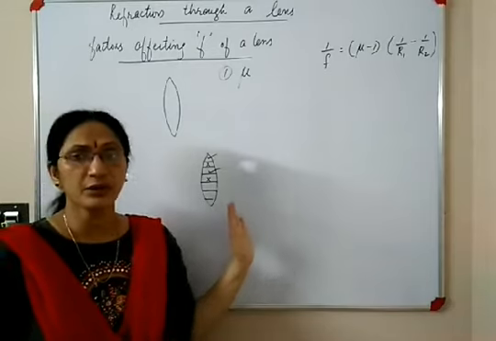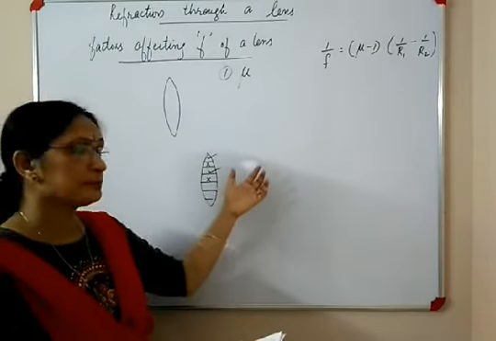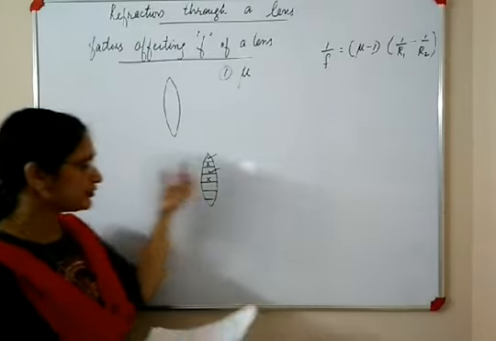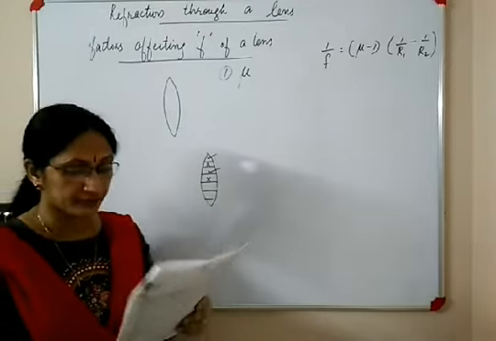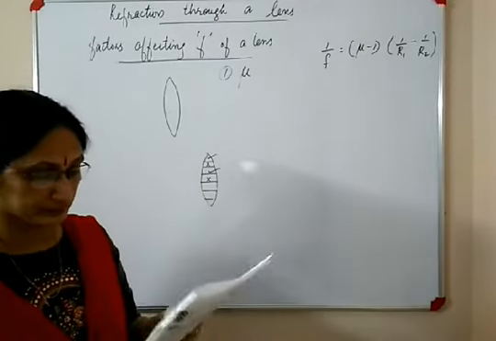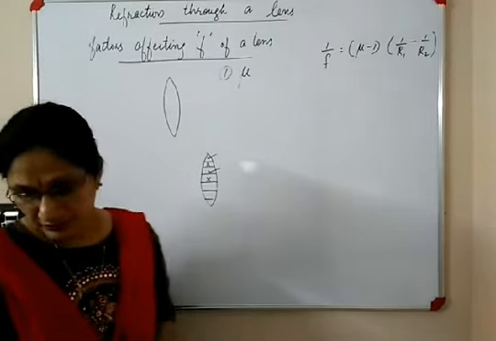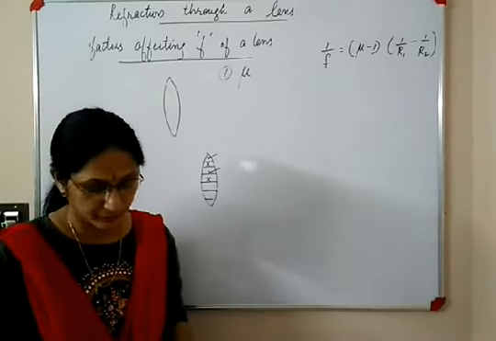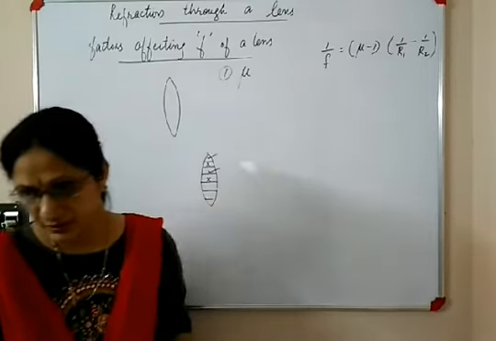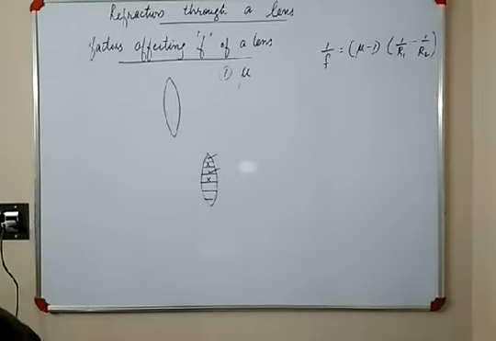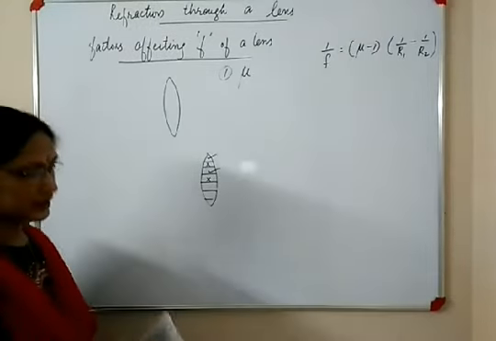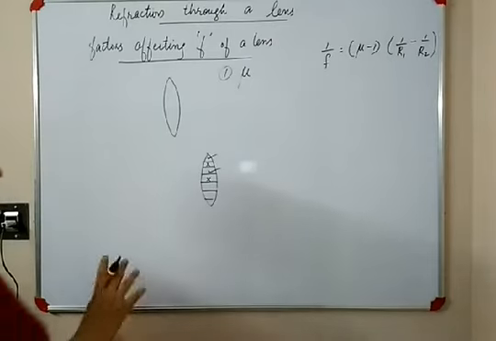I mean there will be two focus on one side and two focus on another side. Then, so remember the first point, the refractive index of the material of the lens is a factor determining the focal length of the lens. Second factor